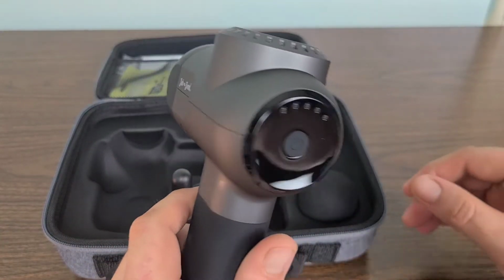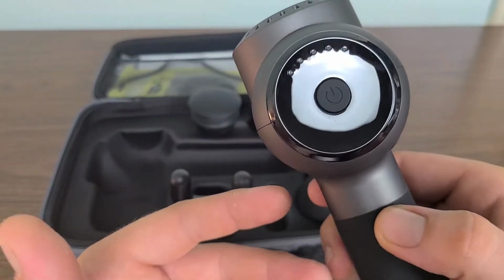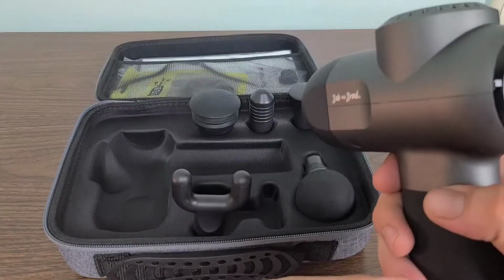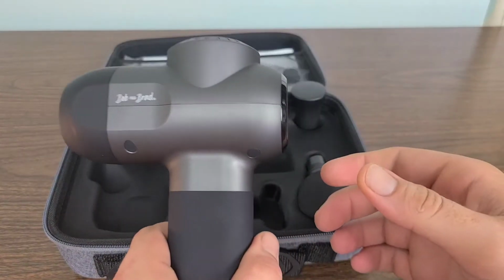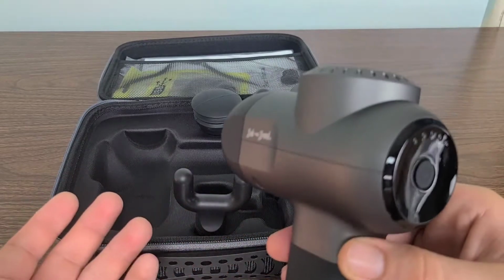So let's go ahead and start using this. I'm actually going to demonstrate this a little bit on my wife today. So let's go ahead and hop on over to the other part of the studio, and we'll go ahead and check this massage gun out a little bit further in depth and see how it works and see how it